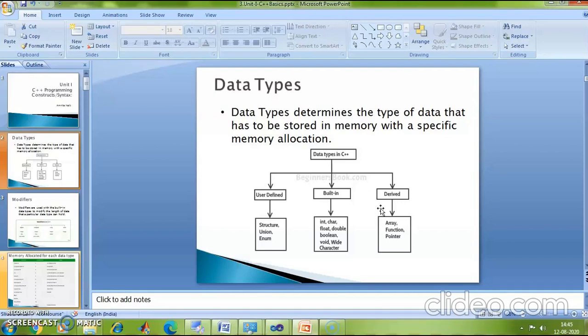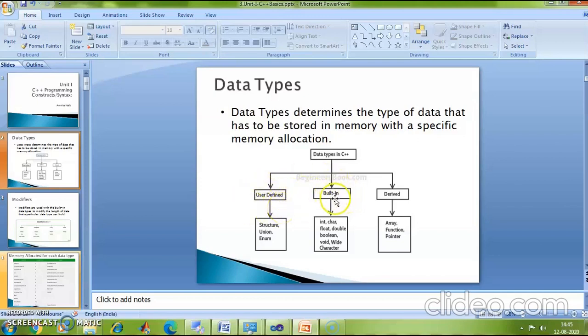Okay, if I consider an array, I can have an array of integers, an array of characters, wherein integer and character are built-in data types. So also I can have an array of structures, an array of unions, where structure and union are user defined data types. Getting it? So a derived data type depends on built-in data types as well as user defined data types.